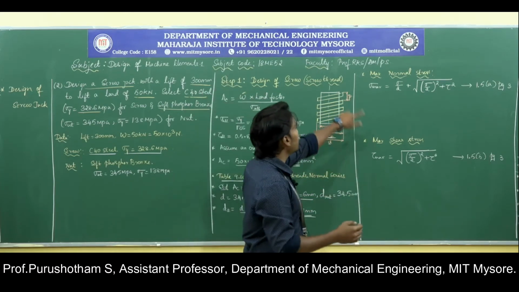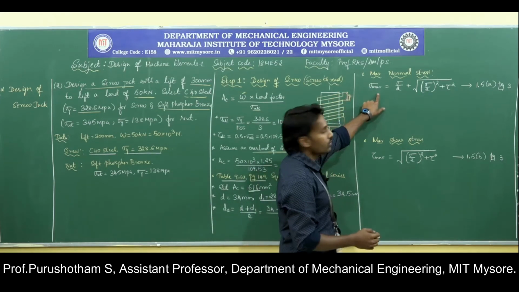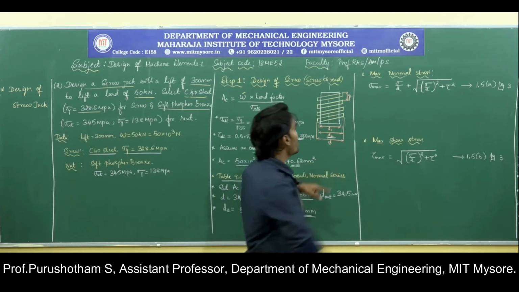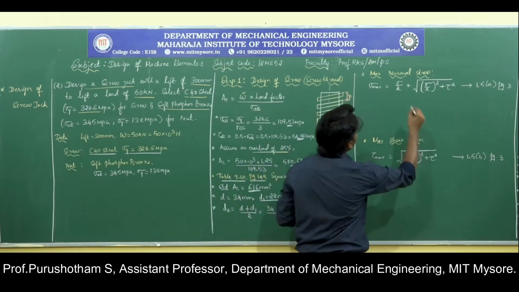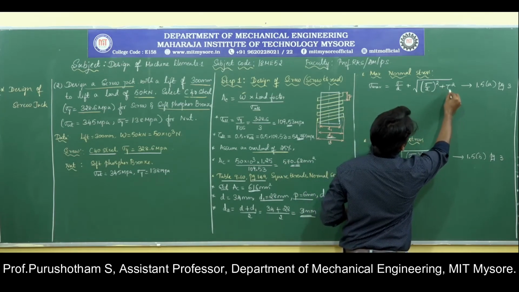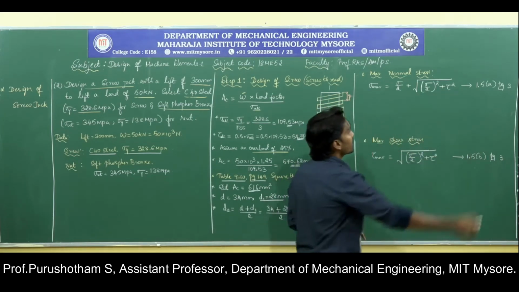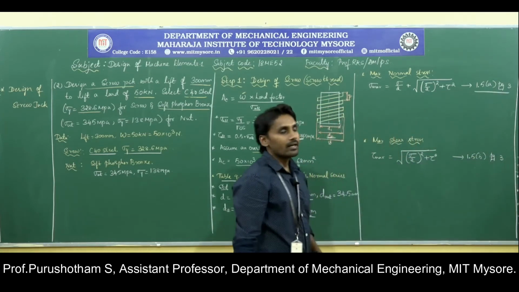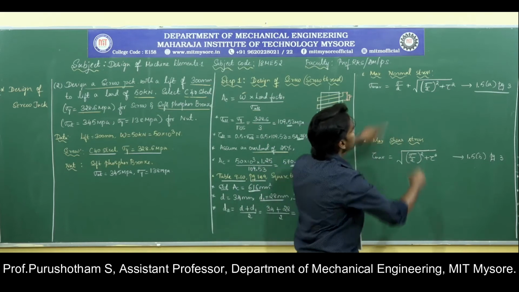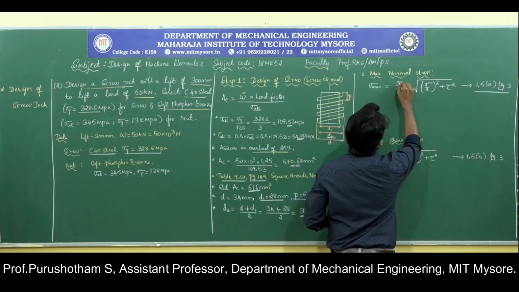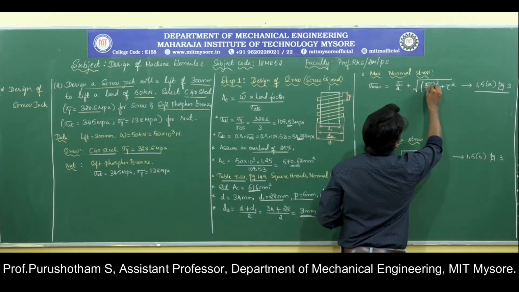So by calculating the maximum normal stress induced and maximum shear stress induced in the screw. The maximum normal stress is given by sigma by 2 plus square root of sigma by 2 whole square plus tau square, which is available in the data handbook 1.5a page number 3. Here the normal stress induced is compressive stress. So for this alteration, instead of sigma I am going to take sigma c in the equations.